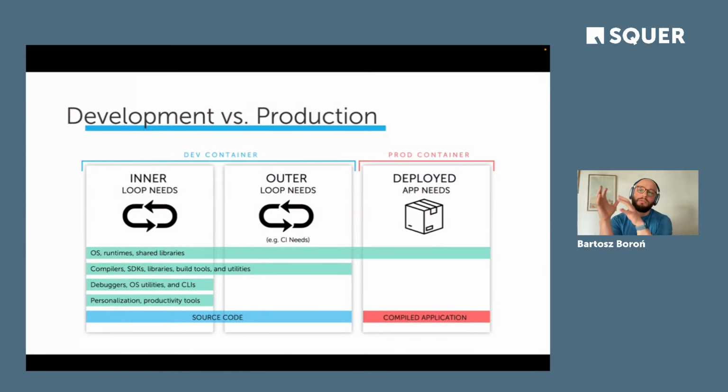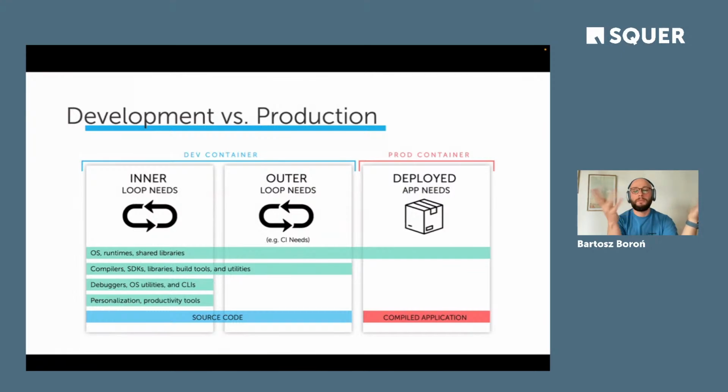Don't confuse it with the production container, which we have used for years for deploying our applications, which basically has only a thin layer of your OS and runtime in it, and the compiled application.